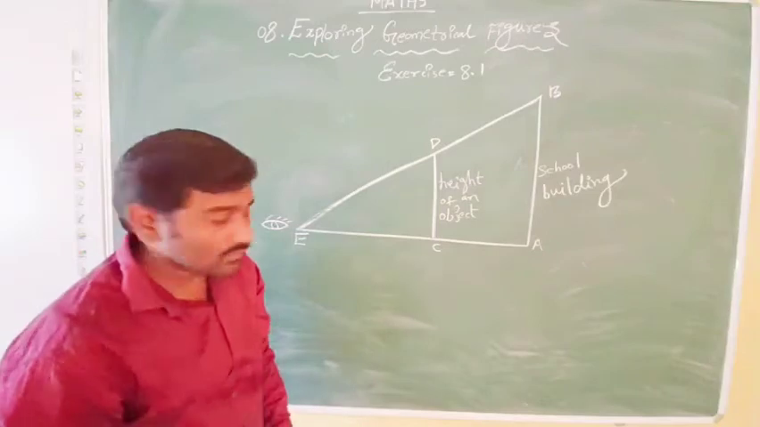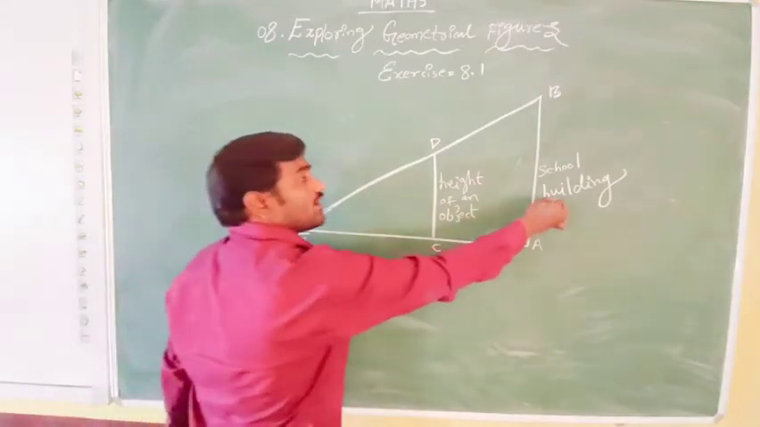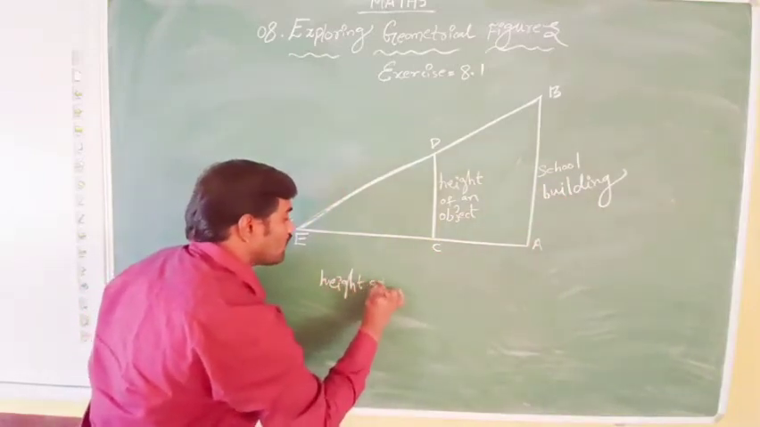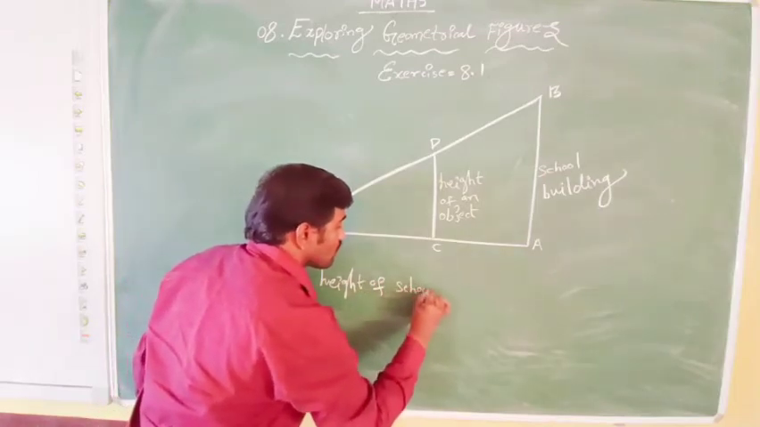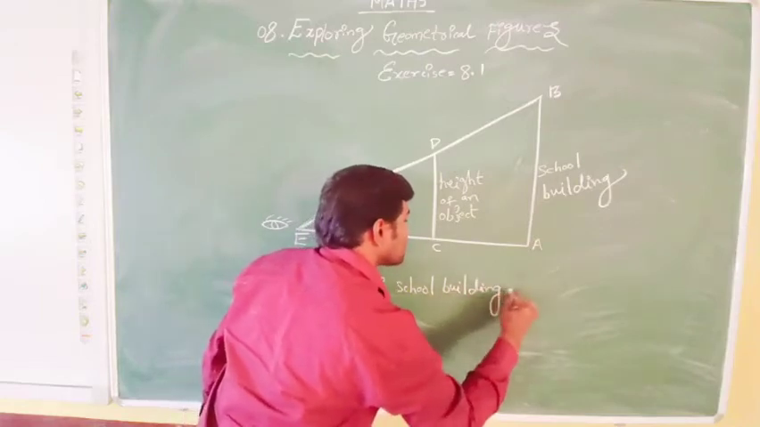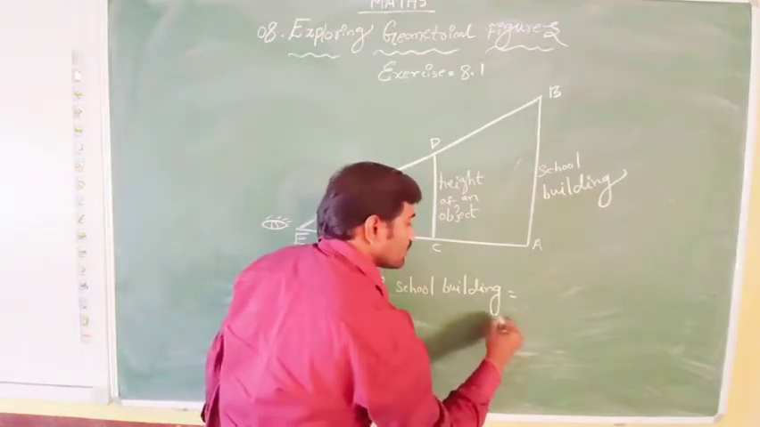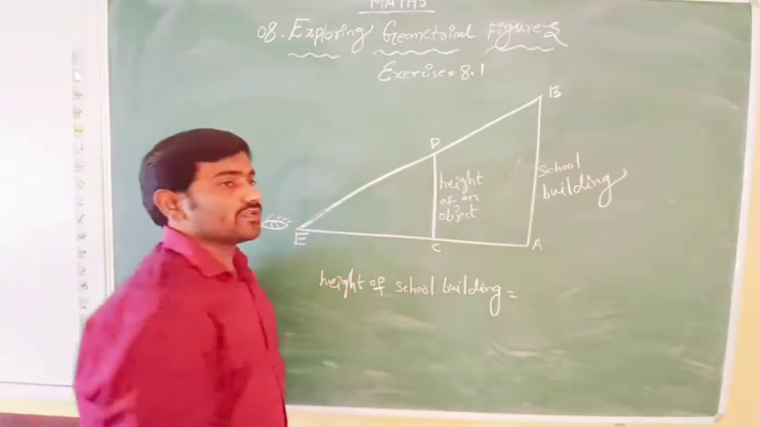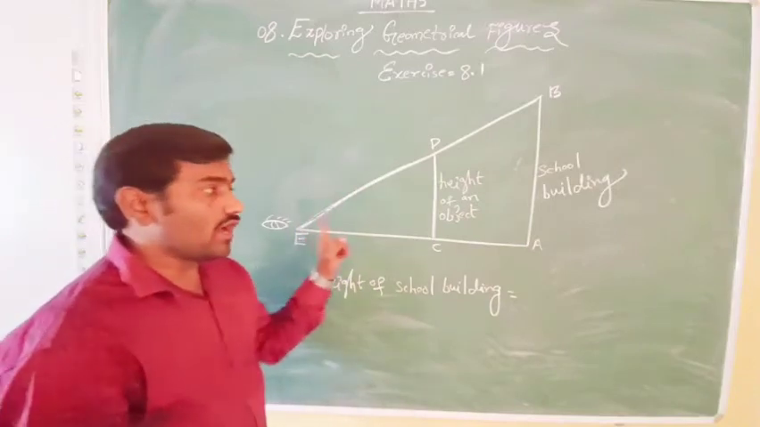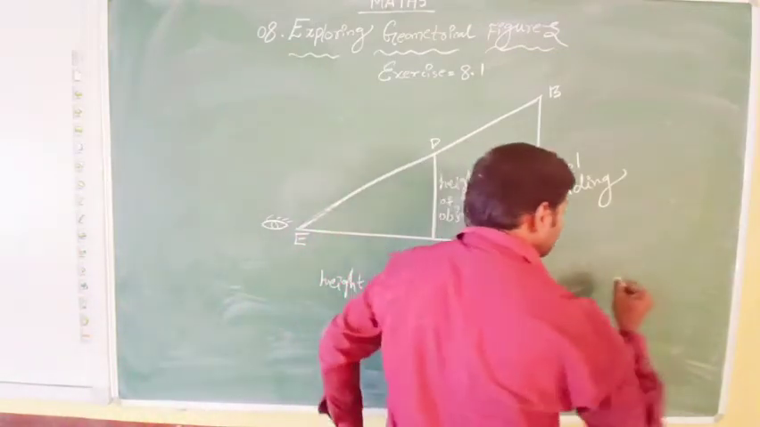Simple. Then we have a formula: the height of an object, here the height of a school building, equal to here AB. The height of the school building equals the total distance from the boy or girl to the building,